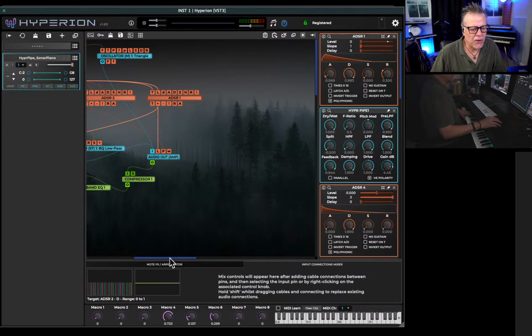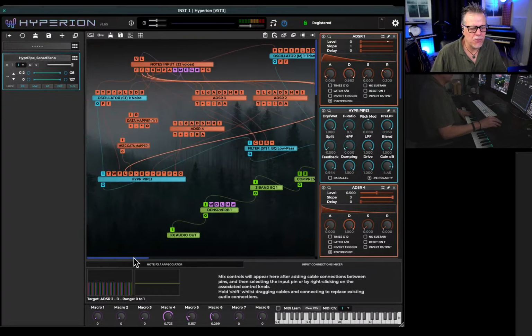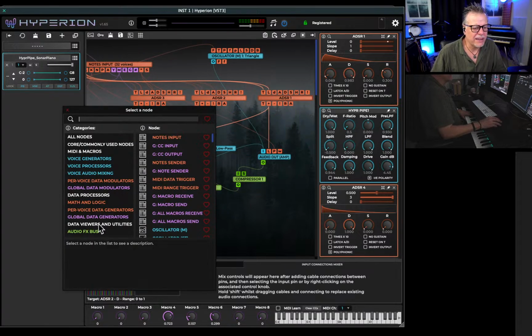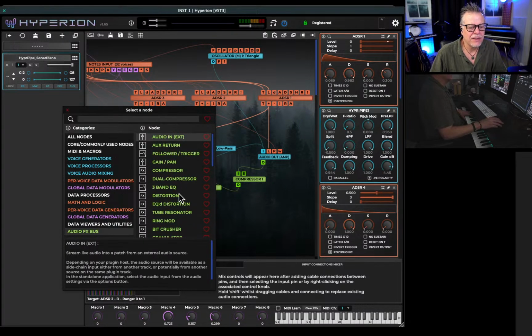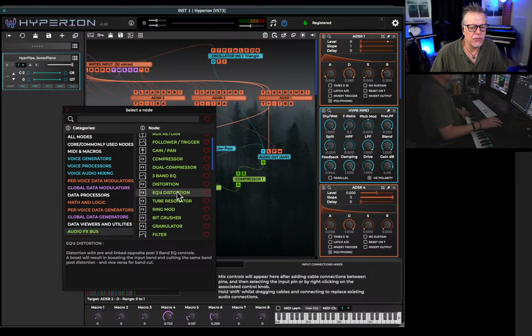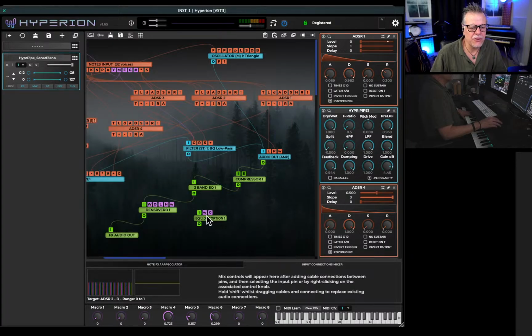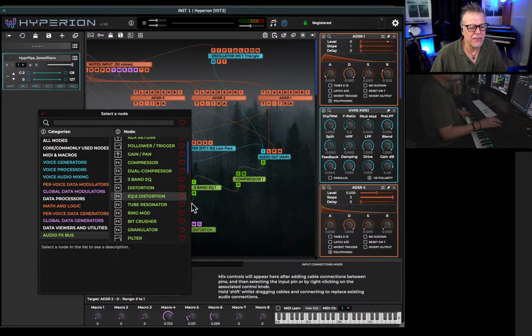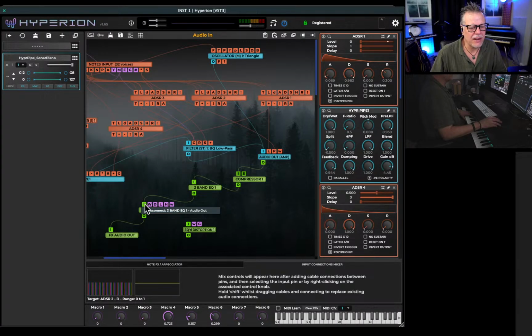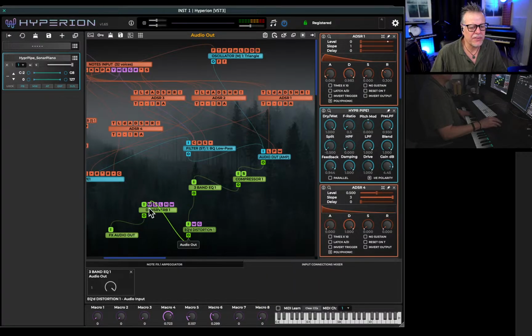But here's the thing. Here's our effect chain, right? If you want, you can right click, go to your audio effects, go over here. I like the EQ distortion. And then all you have to do is find out where you want to put this in the chain. Let's put it before reverb. So I can right click here and say disconnect that. Plug this into here, plug this into here. Now